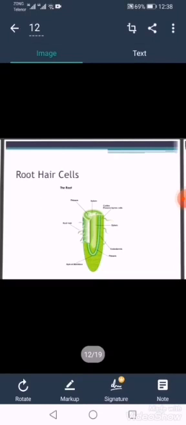Here is the process through which food material, water and minerals enter the outer parts of the plant, which is called the vascular bundle. What is the vascular bundle? Here we will discuss xylem and phloem. What is the function of xylem? Xylem always carries water toward the plant. And what is the function of phloem? Phloem always carries the food material toward the upper plant surface.